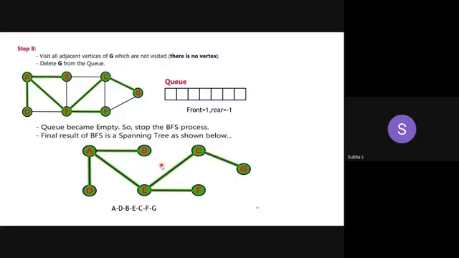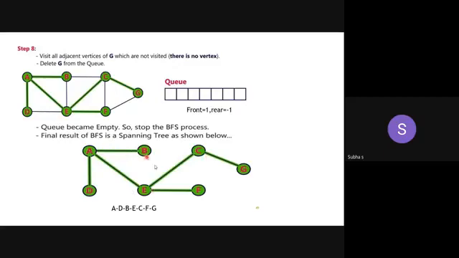I told in one class, spanning tree means you are going to find the path from one node to another node, just making the graph into a tree, satisfying one condition: you have to visit all the vertices. That is important. Okay. So I started from A, then I covered D, B and E. Then from E, what did I find? Adjacent nodes, C and F. For F, there is no adjacent node at all. From C, the adjacent node is G. So this is called the minimum spanning tree.